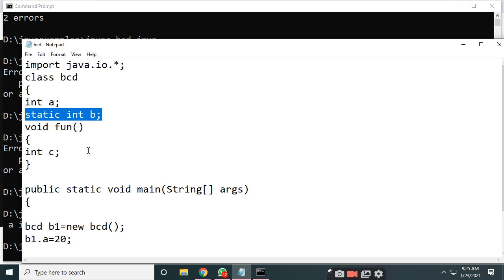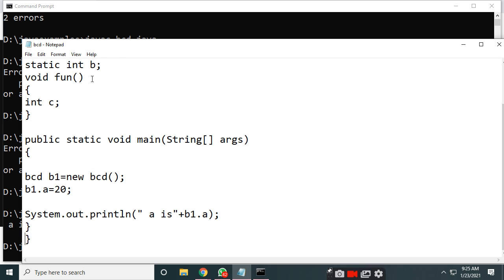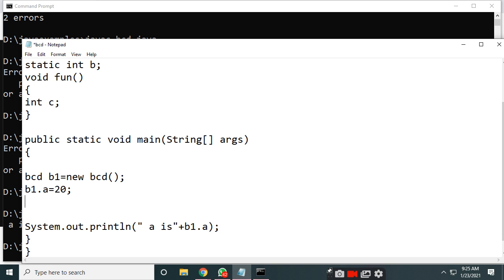Static variables can be accessed directly by the class name. The name of the class is bcd. So if you want to assign the value to b, we can give the value to b as bcd dot b.